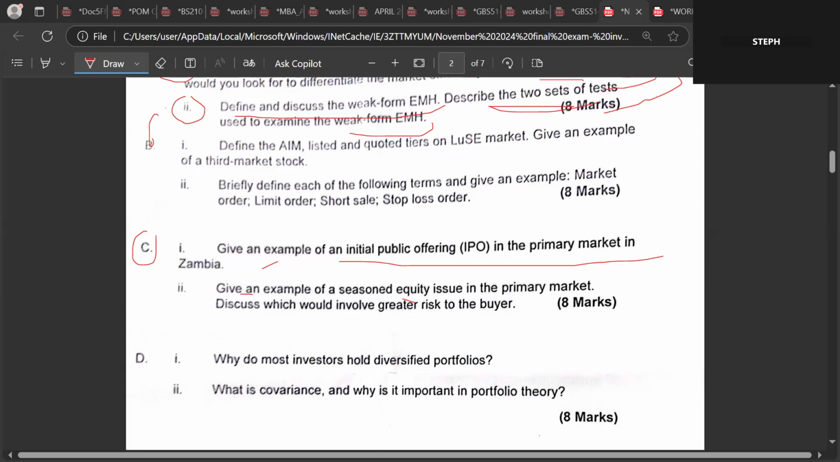So that's general IPO risk, right? Now, what's the risk of seasoned equity issues? Seasoned equity will pose a risk in terms of it's lower risk. How is it lower risk? It's lower risk because